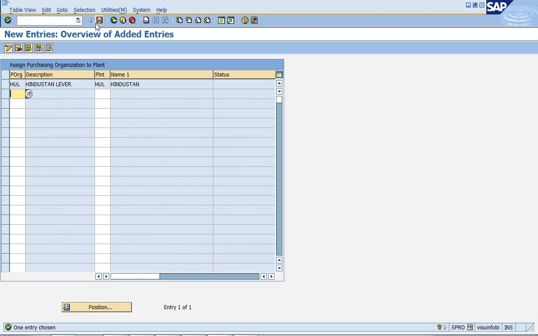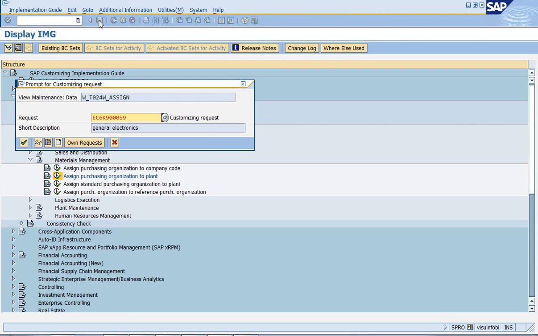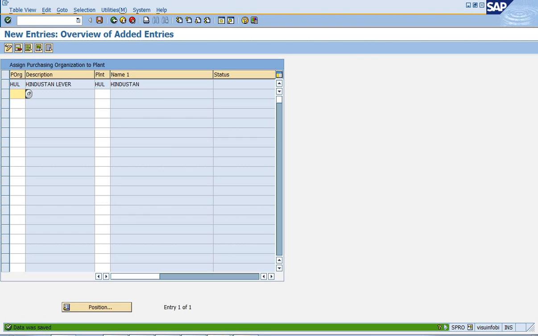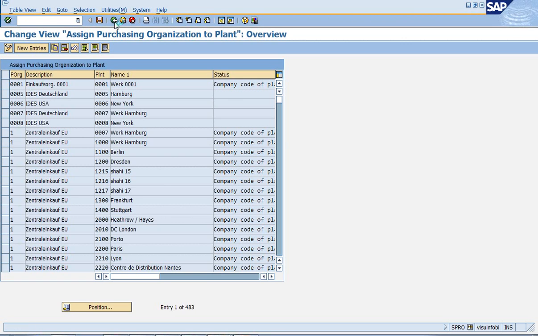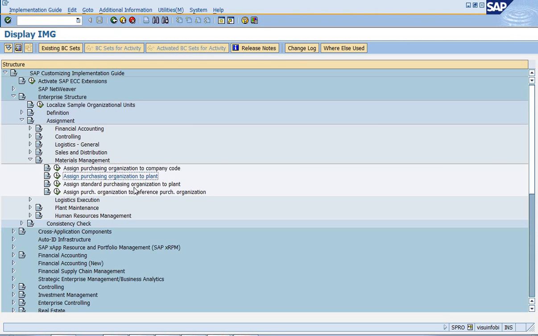So the data is getting established. Now click on save. No need of performing these two activities as standard purchase organization, as we are following only one purchase organization, we are going to work it out.